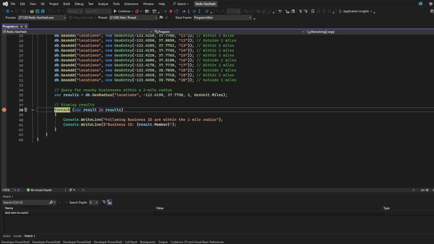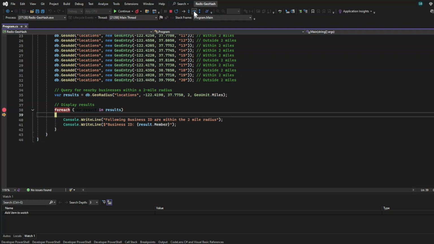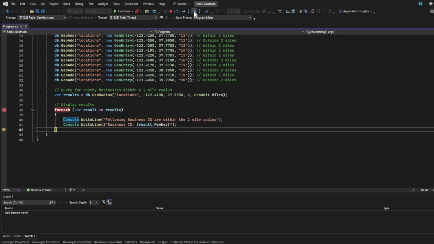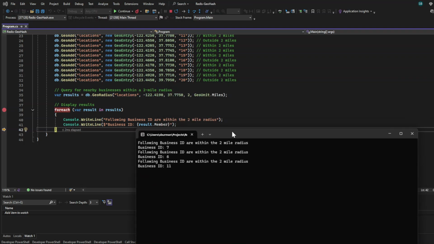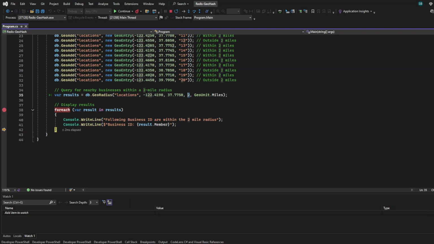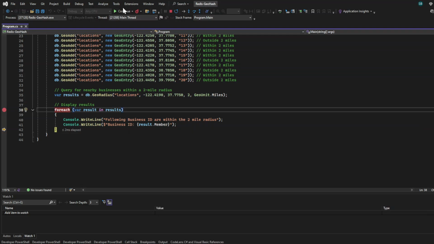Now it will keep iterating over all the results, and following business ID, it will keep on giving me which business ID is within the certain range that I have given over here. You can see I have already printed that the following business IDs are within 2 mile radius, and here I have passed this 2 mile, and that is why it is giving me all the data which are within 2 miles. So if I just run it through,